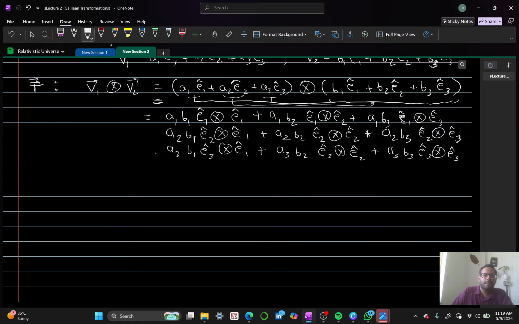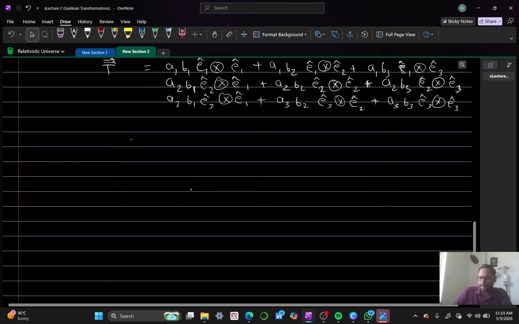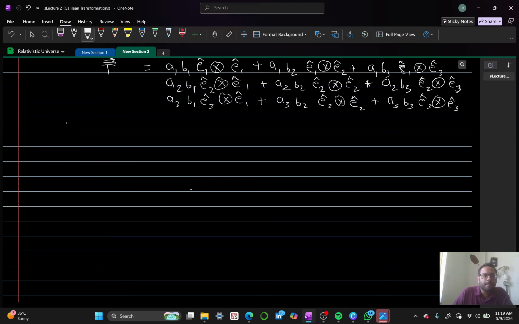Okay, so this is my tensor of rank 2. It means there are two vectors I'm using to construct a tensor. Now there are some key properties of this tensor product. Say the key property is the commutativity. Commutativity. For a tensor product,